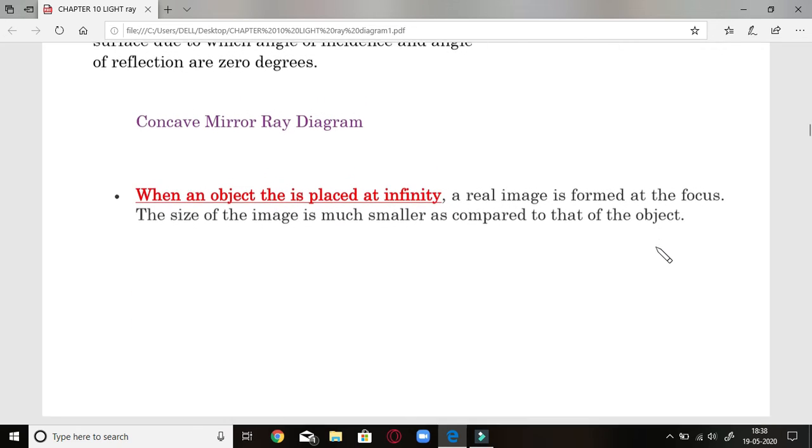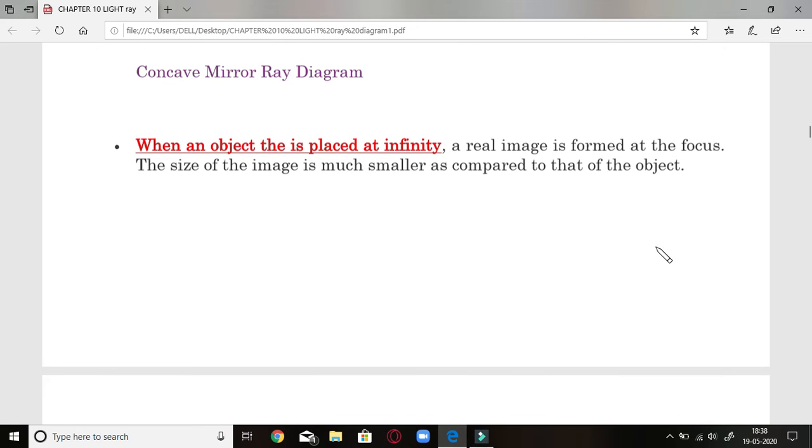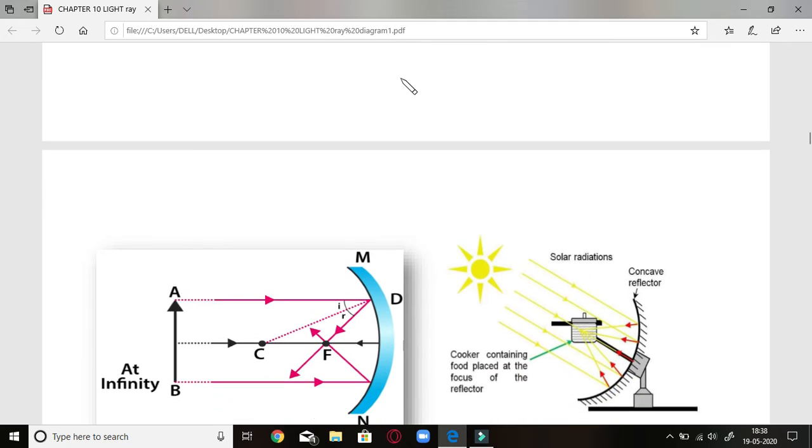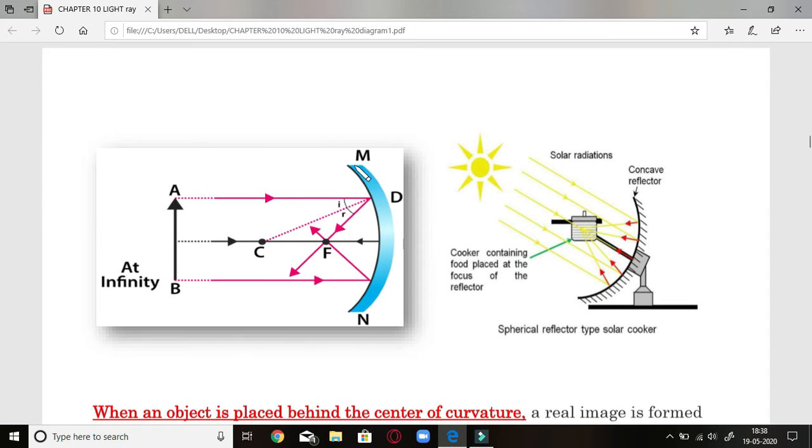Now let us see how, by following these rules, we can make various ray diagrams with the help of a concave mirror. Before going further, I would like to show you one diagram, kids. This is a concave mirror on which the inner curved surface is the reflecting surface. This is the principal axis. You already know that these are the pole, focus and center of curvature. So the major points are P, F and C. That's why we can make 6 diagrams out of it.